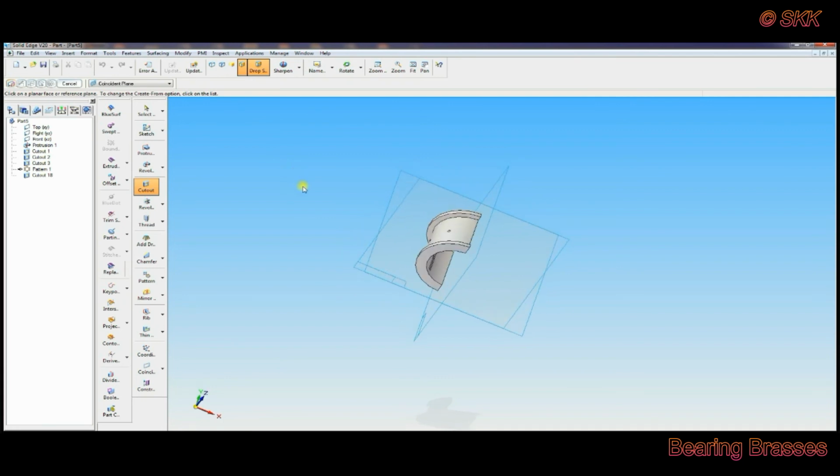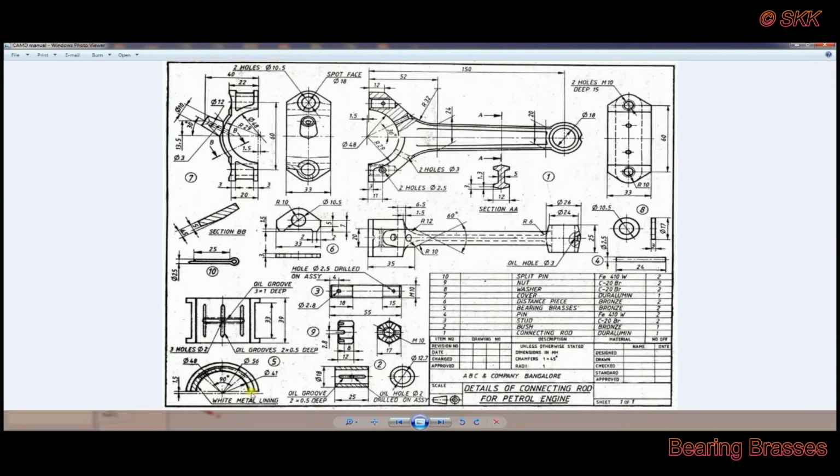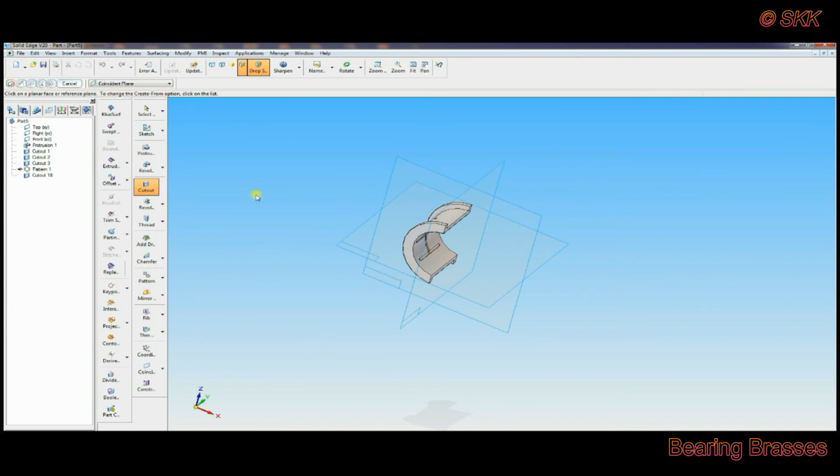Now one more horizontal groove you have to make of 3 into 1 mm deep. Same procedure you have to follow here, but the angle is more than that.